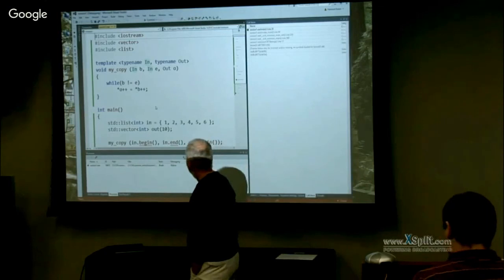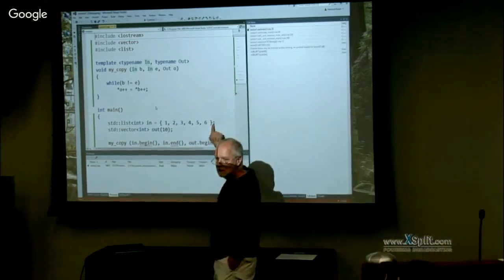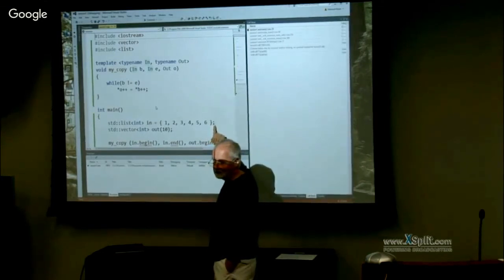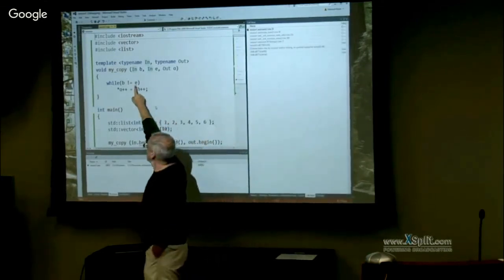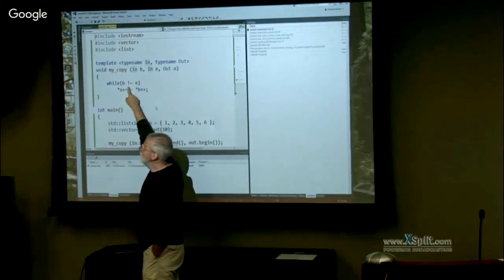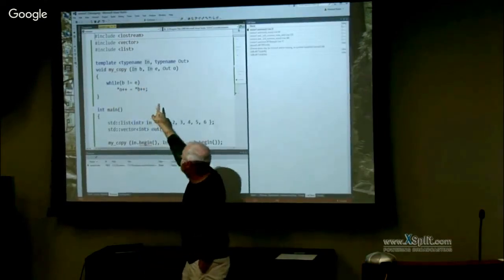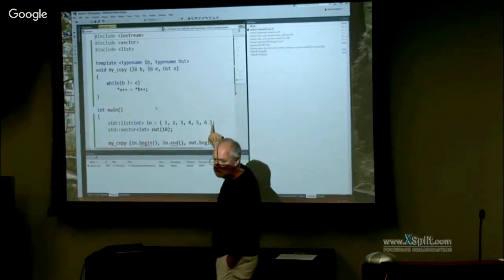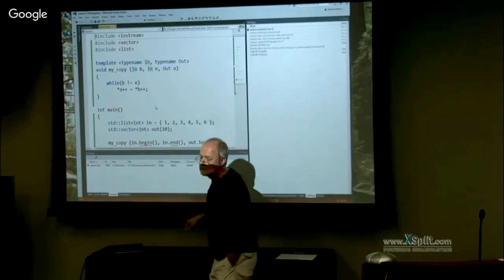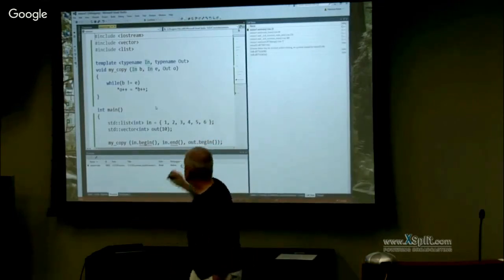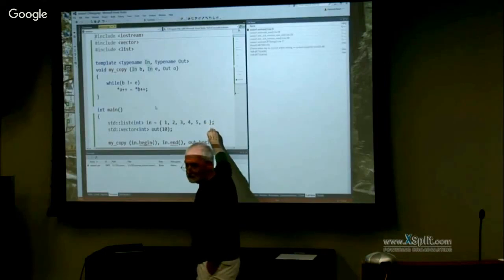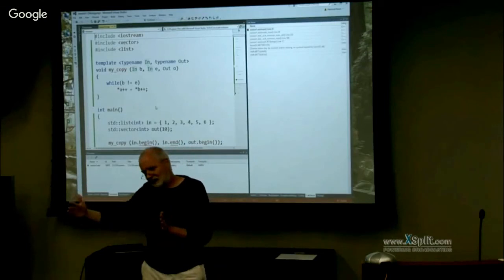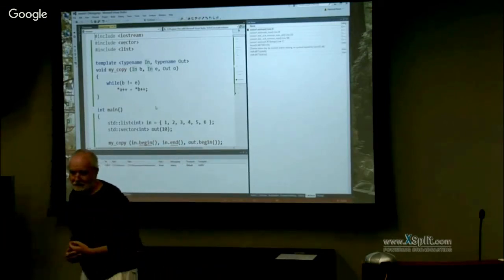Why? Let's point to that one. It points to an imaginary element which is after the 6. So it will still copy the 6 because it will not be equal. It will be equal only once B reaches the element which is after the 6. Right? So there's a magic element in there you don't see, kind of, which is not there, but it's there. And only when you reach that element, you have copied all the elements.